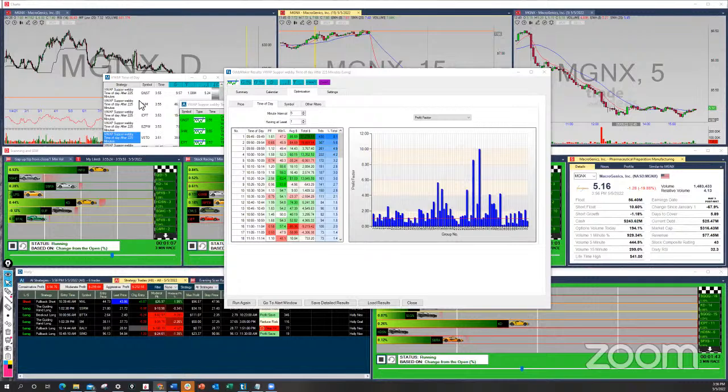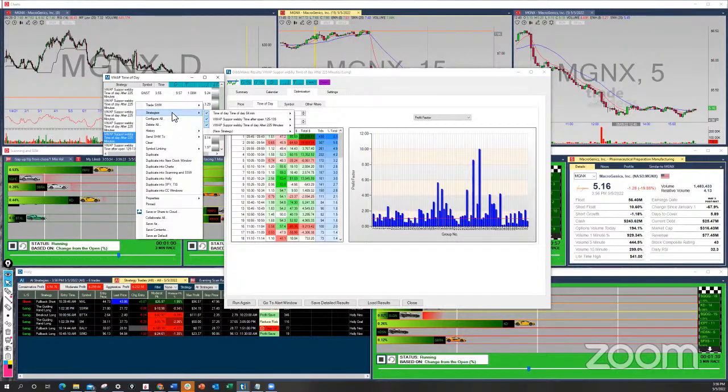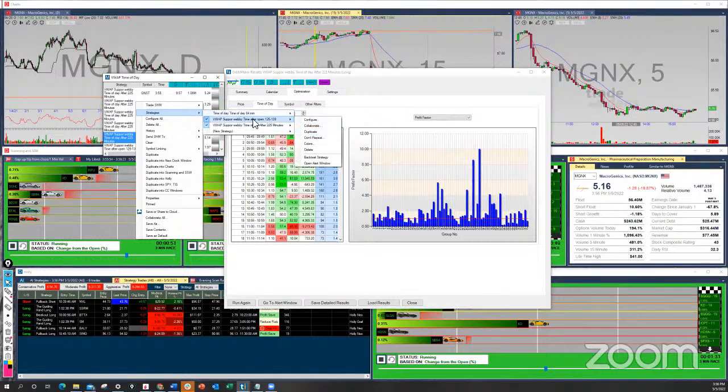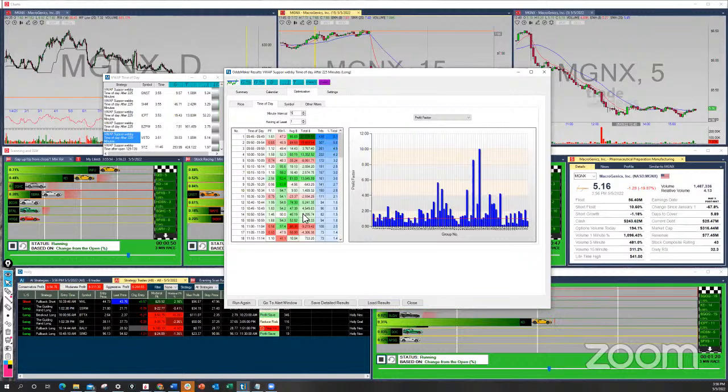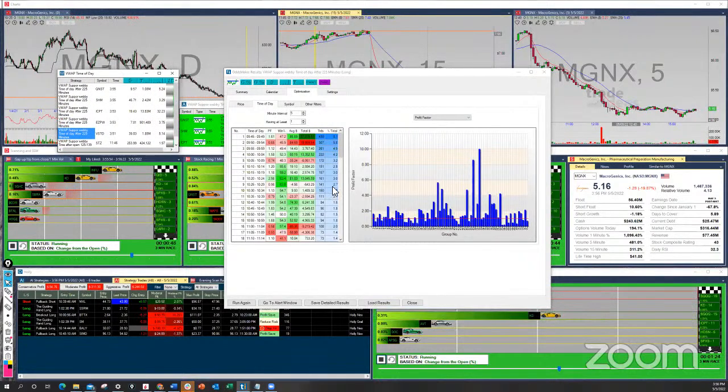Right. So because it's a multi-strategy window, you want to right click, don't go to configure all, go to strategies, and then you can configure each individual strategy like that, because there's 3 strategies in here technically. The only difference is the time of day filter in them. That's the only difference. And so what I was illustrating after we'd built the VWAP scanner,